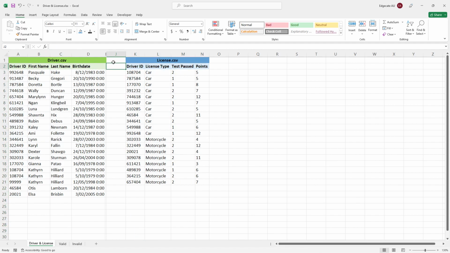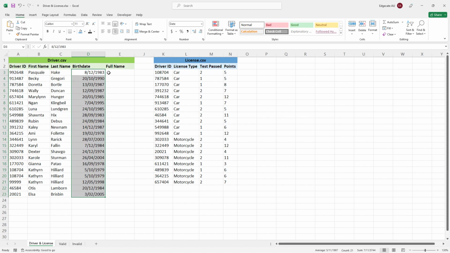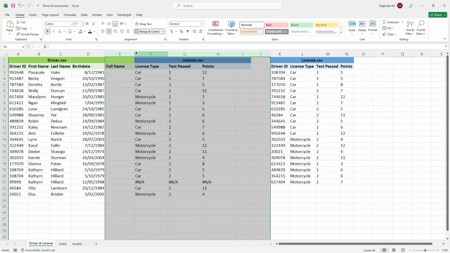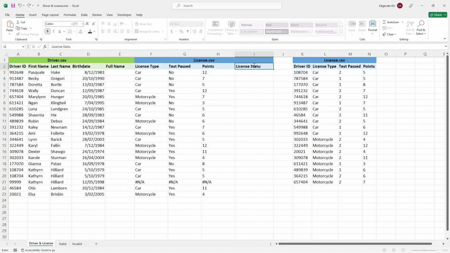As a data analyst, the requirements you've been given are to add a column for full name, so that's concatenating first and last name, remove the time from birth date, so it only has the date without these zeros, join the driver and license files using a left join, replace the 1 and 2 values here with no and yes, determine if a license status is valid, if test passed is yes and points is less than 12, and